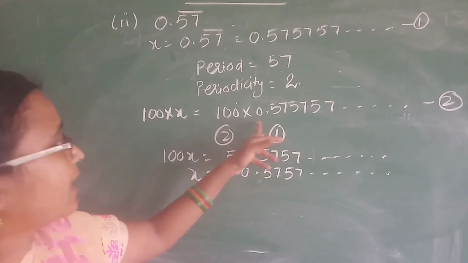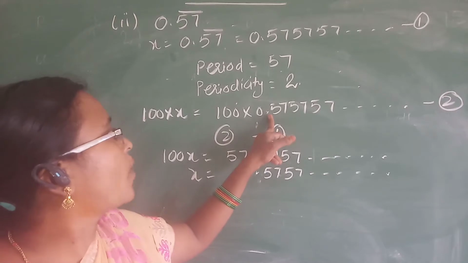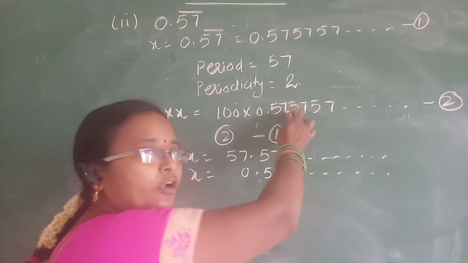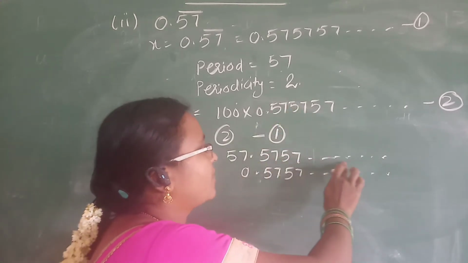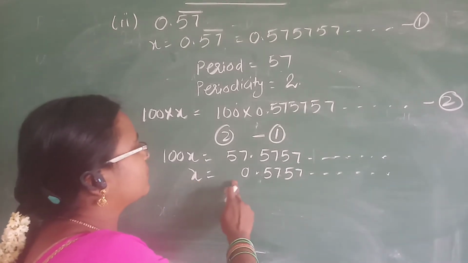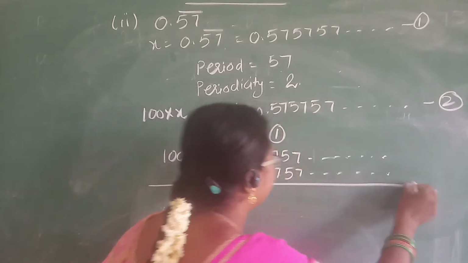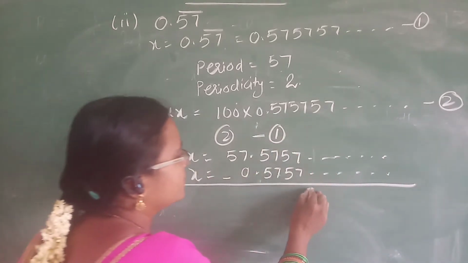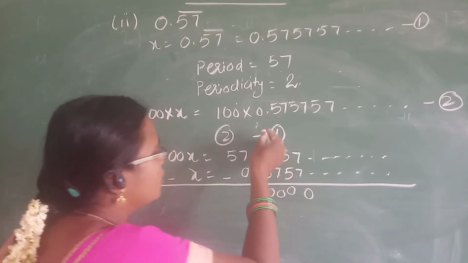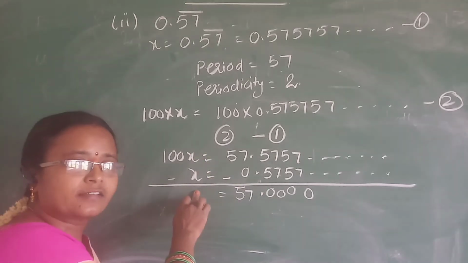As I am multiplying with 100, the point moves 2 digits to the right side. One digit, two digits. Now the point moves to here: 57.57, 57, 57 and so on. And equation 1 is x is equal to 0.57, 57 and so on. Now make the subtraction. 7 minus 7 is 0, 5 minus 5 is 0, 7 minus 7 is 0, 5 minus 5 is 0. 57 minus 0 is 57, equal to 100x minus x,